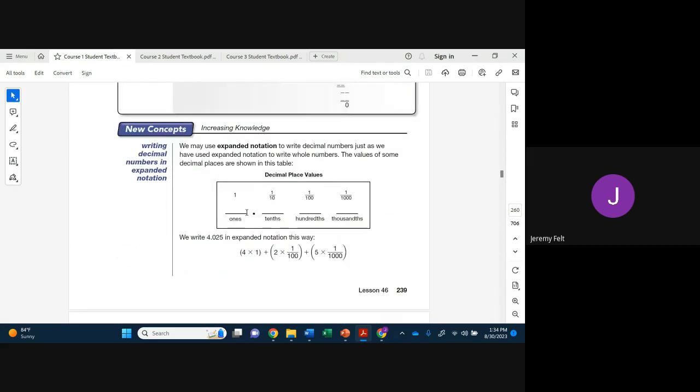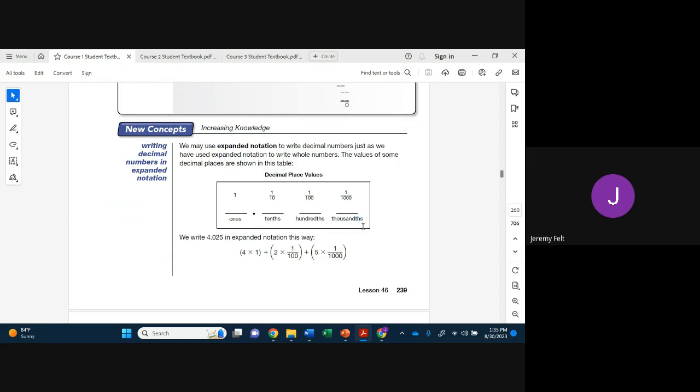So again, we know our ones place, going to the left, tens, hundreds, thousands, ten thousands, and so on. We have the same place values to the right of the decimal: tenths, hundredths, thousandths, and it follows the same pattern as to the left of the decimal. The only thing is we don't have a ones or oneths place. It starts with tenths, hundredths, thousandths, ten thousandths, hundred thousandths, and again, it's that TH at the end that tells us